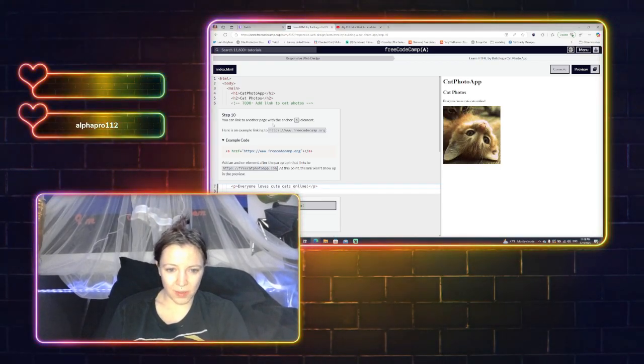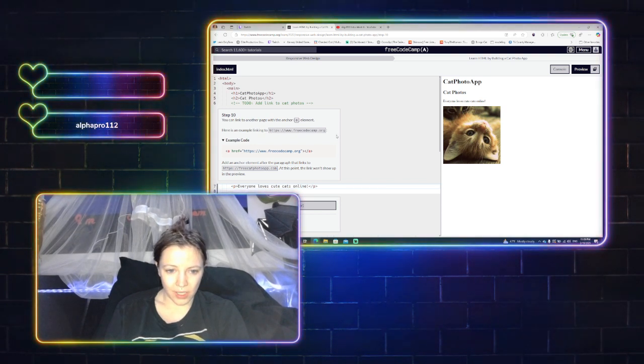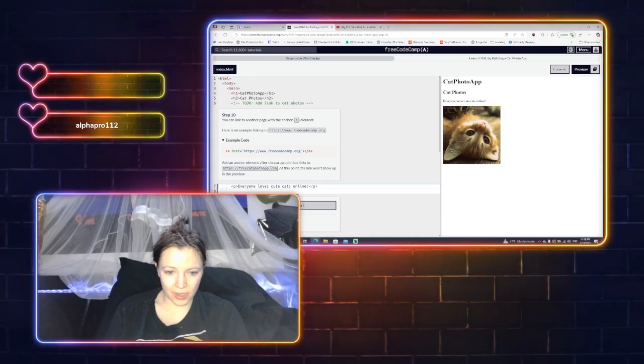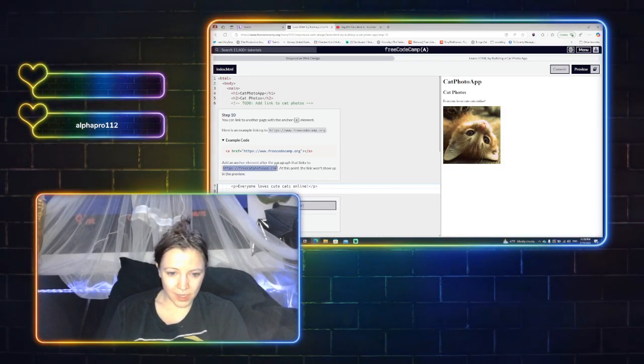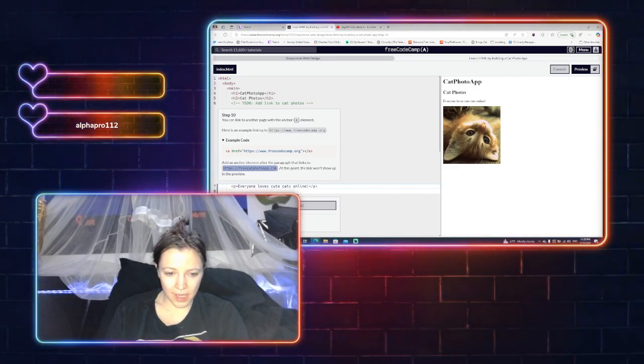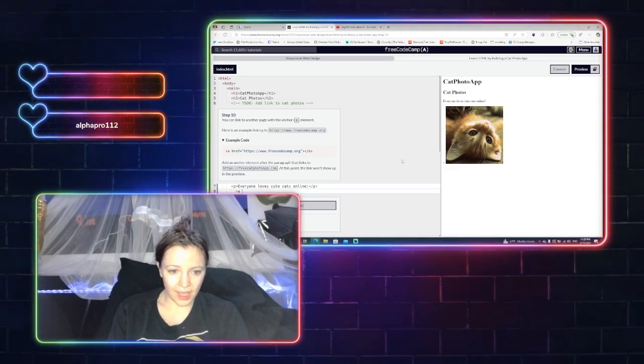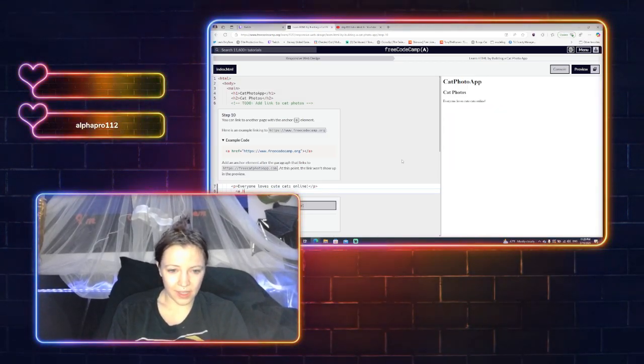You can link to another page with an anchor A element. Here's an example link to example code. Add an anchor element after the paragraph that links to this code. At this point, the link won't show up in the preview. So I think it's 1, 2 again. A, href equals